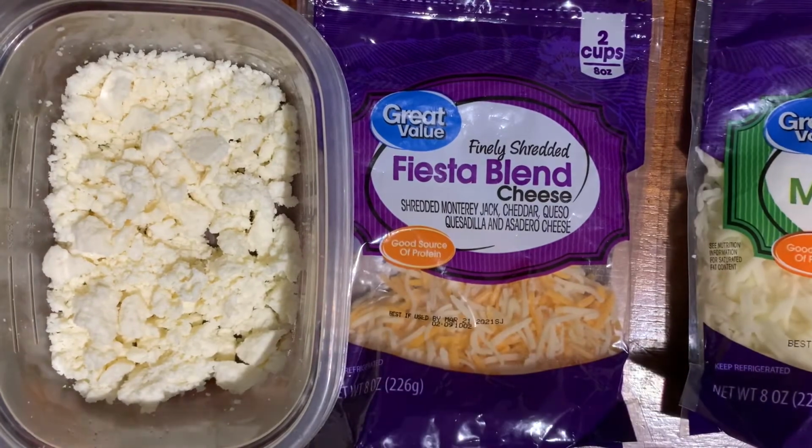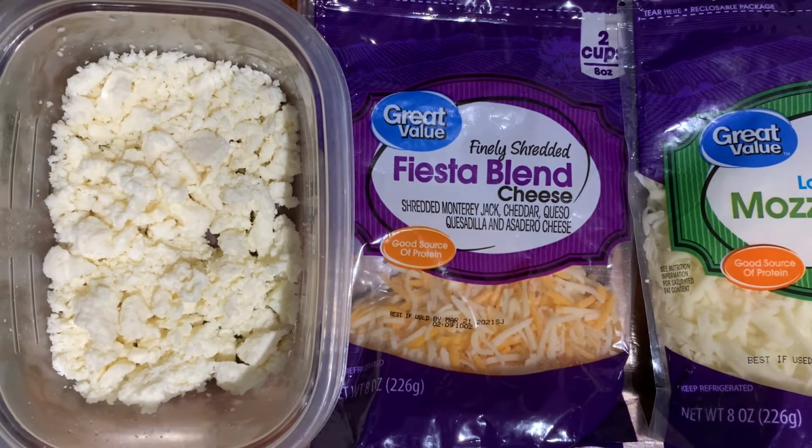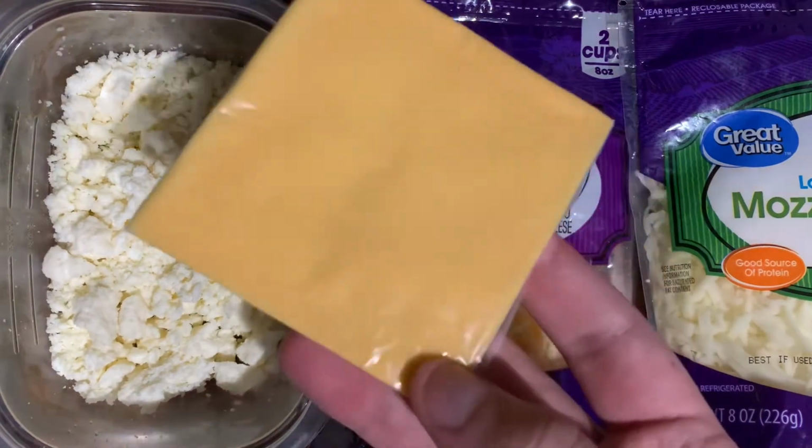So it is currently November 29th, and I'm going to be leaving these cheeses in a container outside, in a shed that I have in my backyard. I'm going to give this project a week, and every day I'll be checking to see which one grows mold first. And so my hypothesis for this experiment is that I believe this Kraft singles cheese is going to